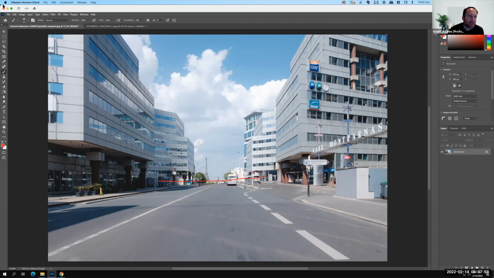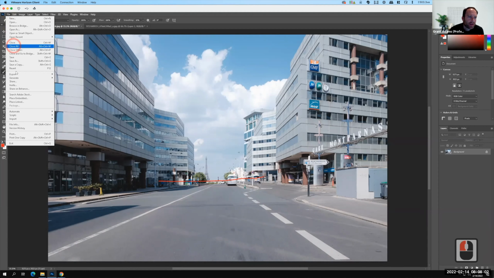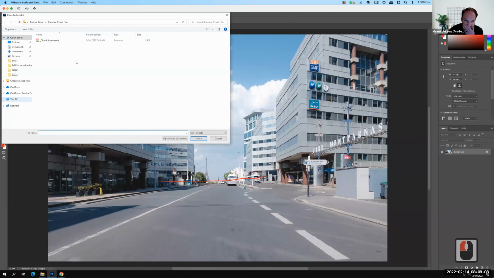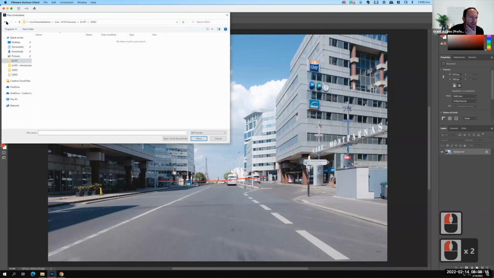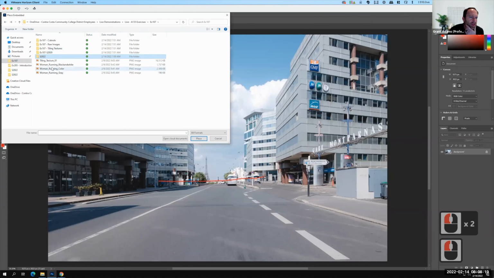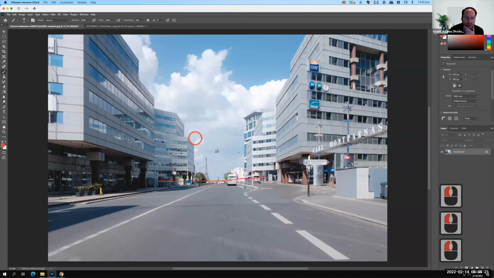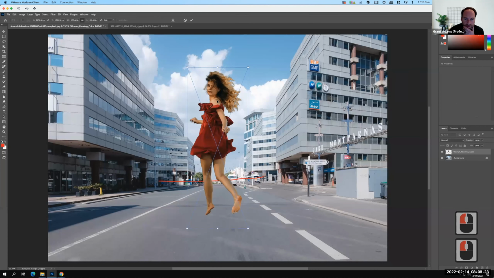Let me bring a person in as an example here. So let me go to File, and then let's go to Place. I'm going to use Place Embedded. And let's go to our work from last class. This was it, I think. Now, I don't know if this person actually works from a light standpoint, so we'll get to that in a second. But obviously, she's way too big right there. But if I shrink her down,